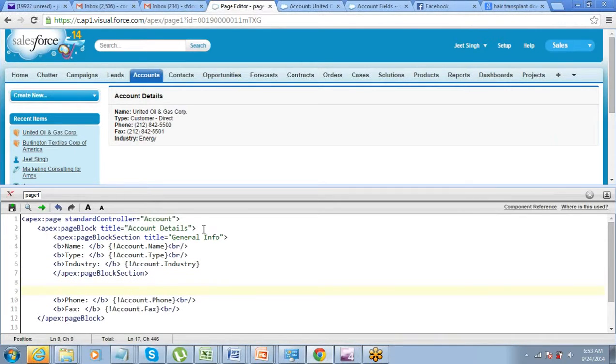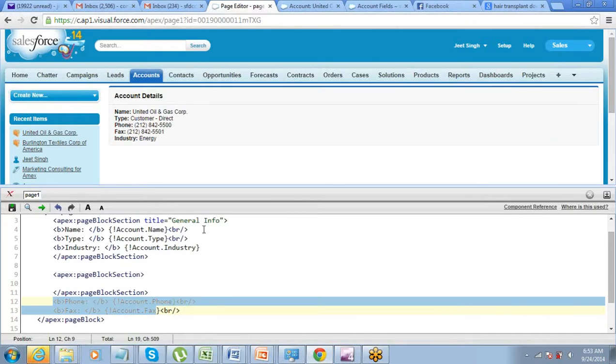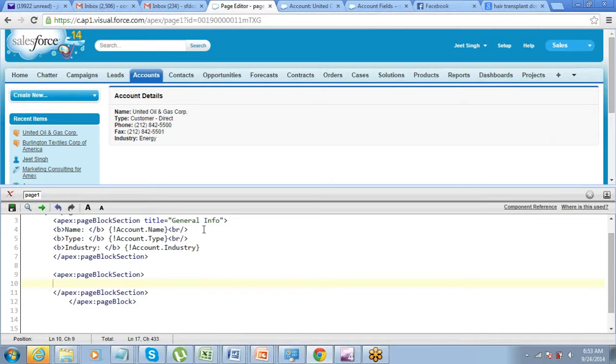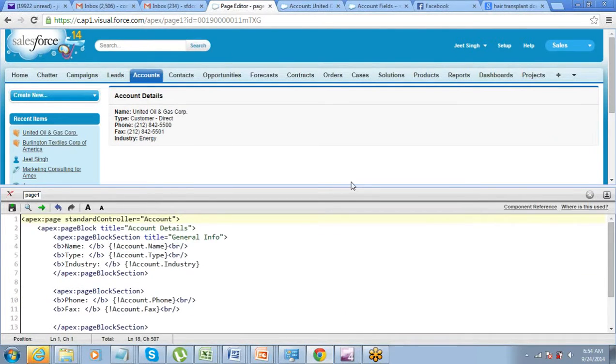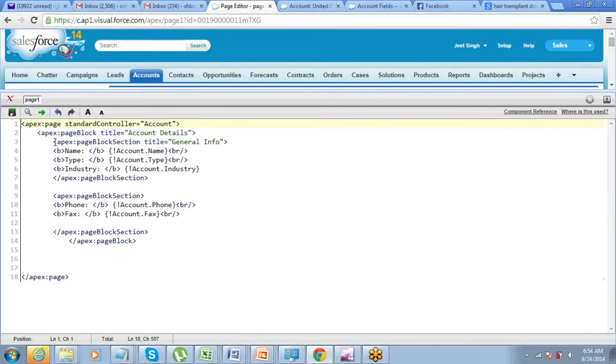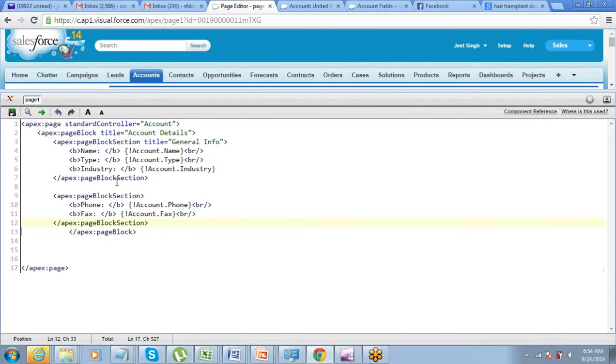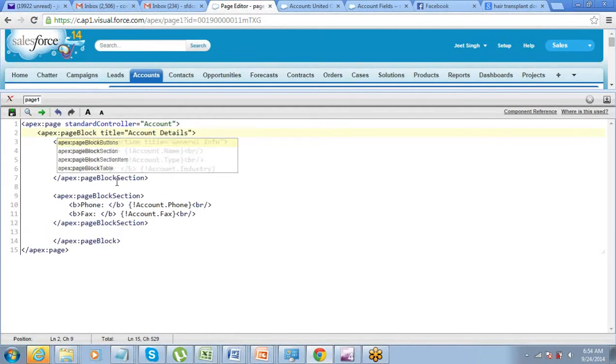And one more page block section. Okay. So you see how we have formed this thing.